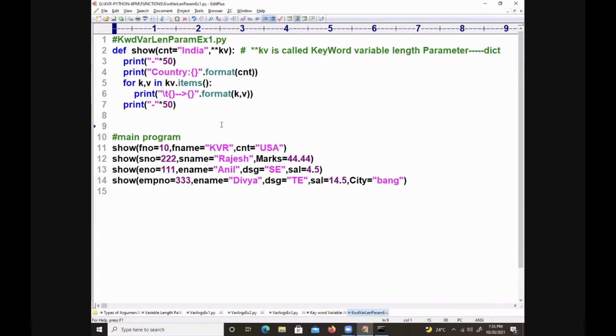Write a Python program which will calculate total marks of